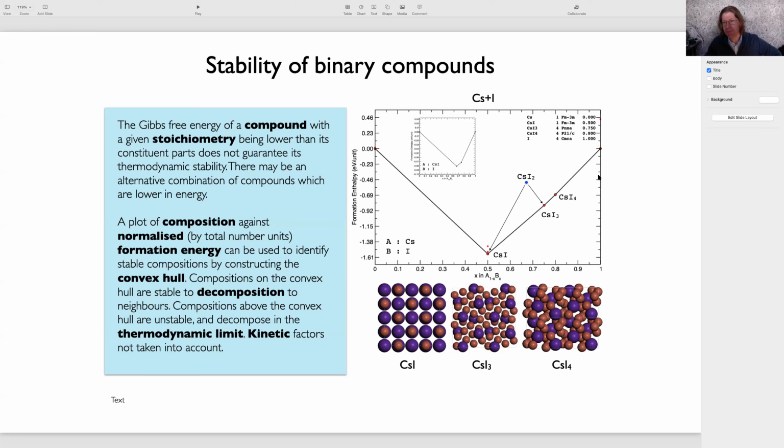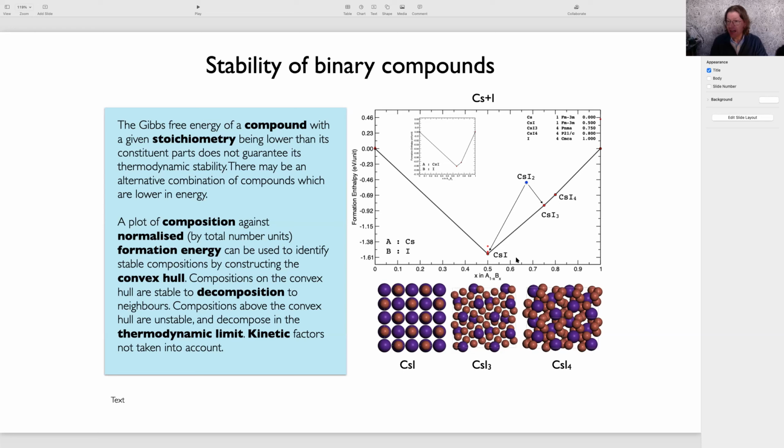There's a red spot there as well. So what you do is you take the most stable structure that you have for each of the end members, in this case A or B, or cesium and iodine, and then you compute the formation energy for each of those other compounds. So to calculate the formation energy of cesium iodide, you take the energy or the enthalpy of